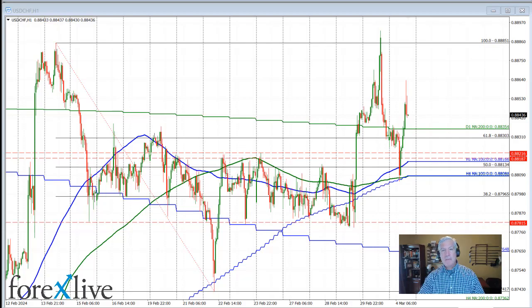But note where the price found support. We found support right near the rising 100 bar moving average on the 4-hour chart. That's the overlay on this hourly chart of that moving average. And we also bottomed near the 200-hour moving average. That's a smoother green line right here. So those moving averages did find support, and also just above the 88 level, the price started its rotation